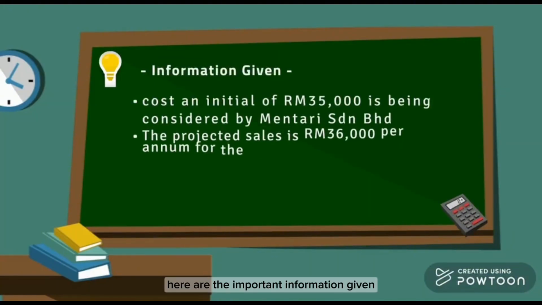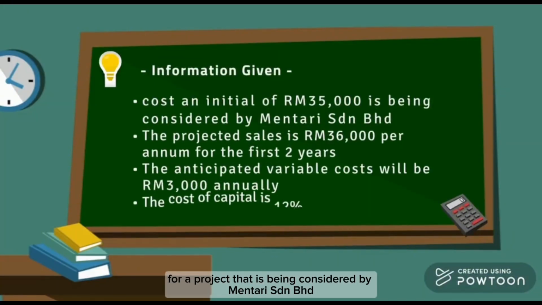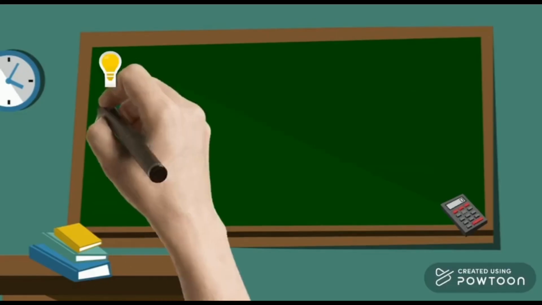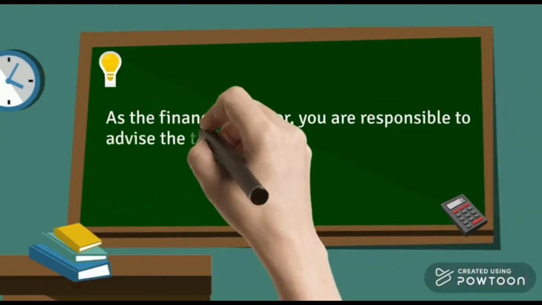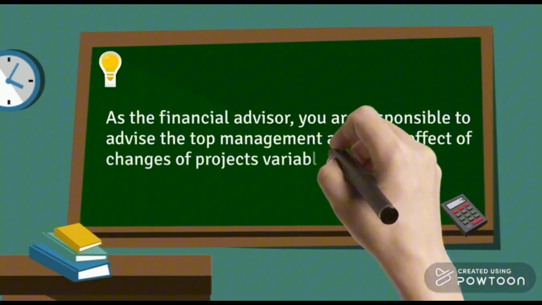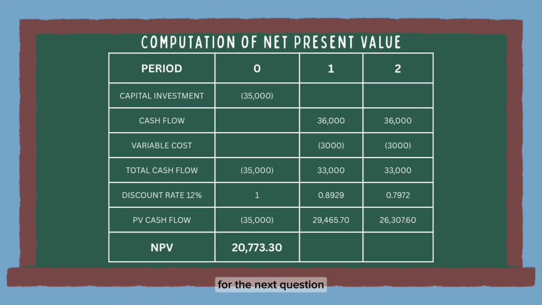Here is the important information given for a project that is being considered by Mentari Sendian Berhad. For the next question, it requires the calculation of sensitivity margin for initial investment, variable cost, and sales. But before we can do that, we need to find the NPV and the present value of variable cost, sales,